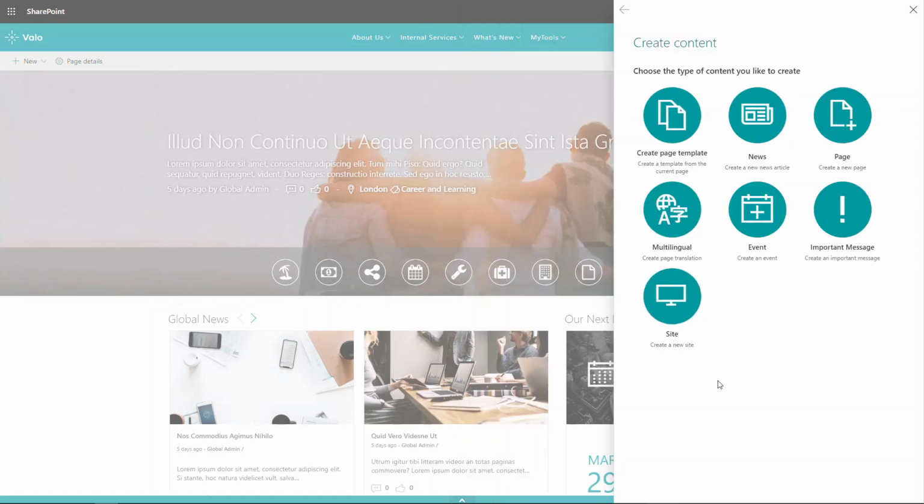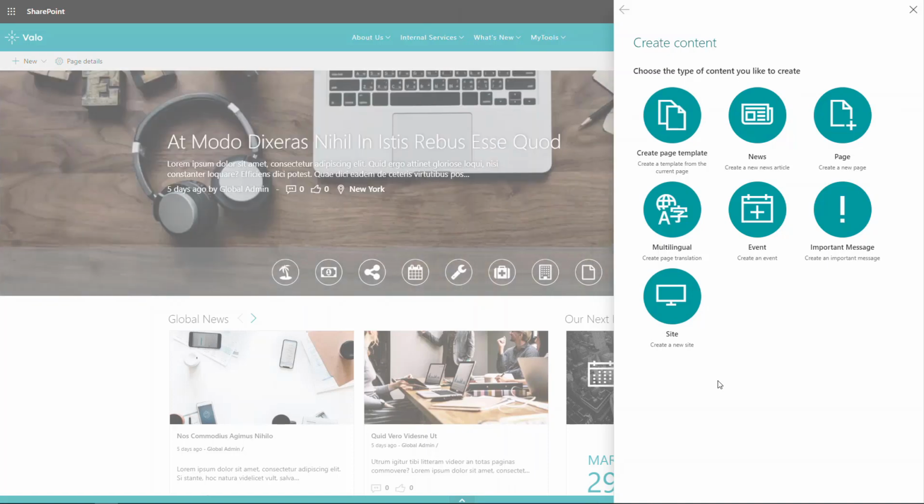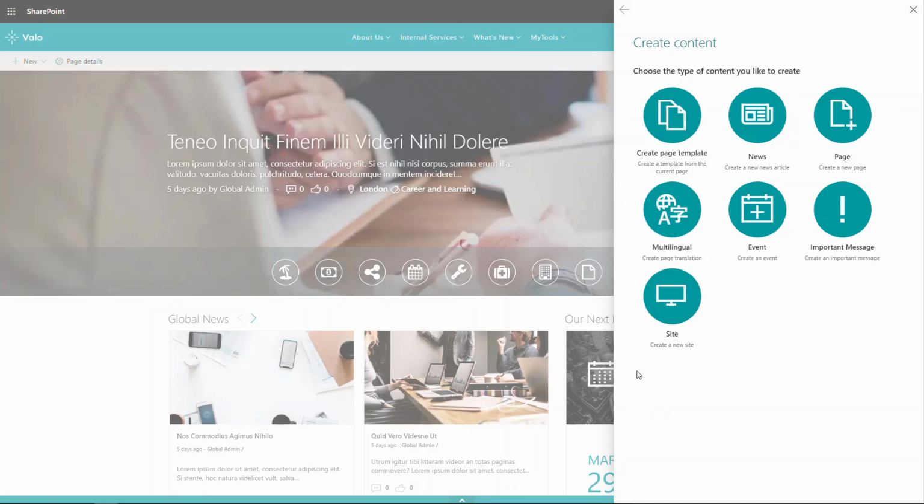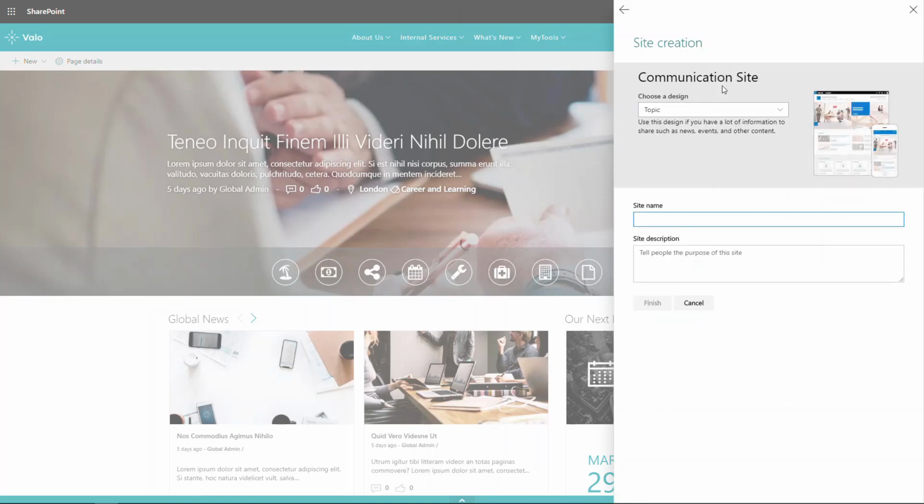Something that we also added is the ability to use our Valo site design. Meaning that you can now attach any site within your Office 365 environment in SharePoint Online to a Valo hub, and automatically this site will become a Valo site. So you can do it through the attach a site or associate a site panel directly from any sites, or you can also do it right from here where you can create a site using the out-of-the-box panel here,